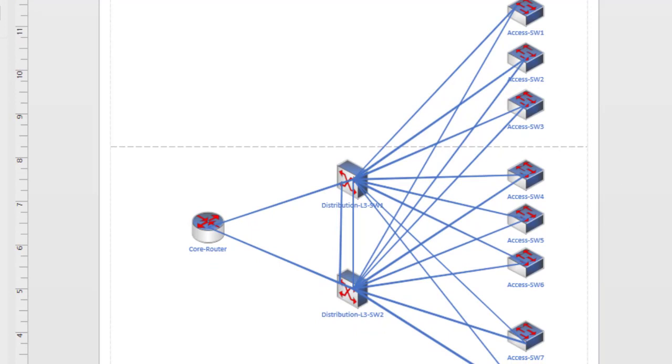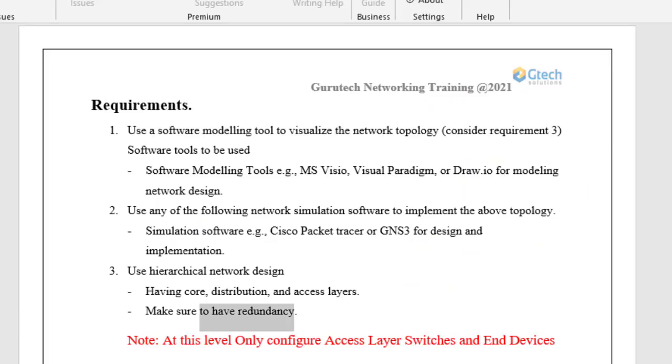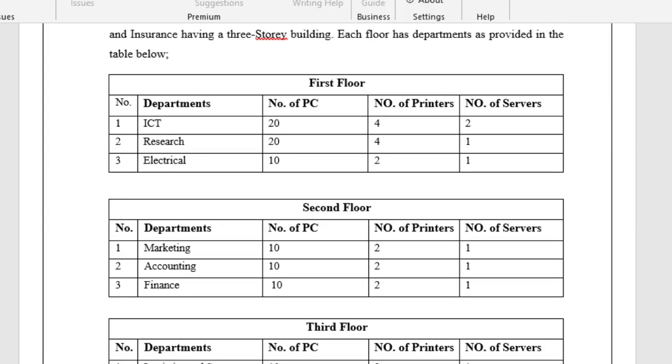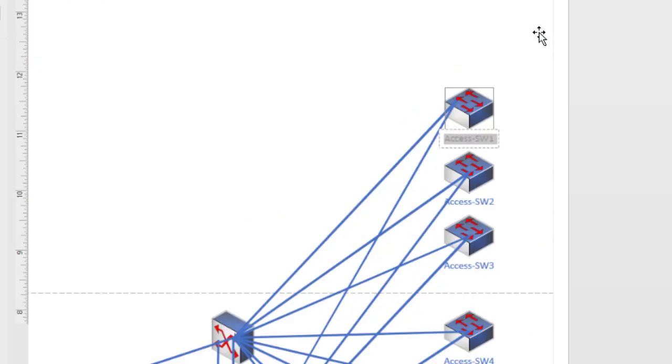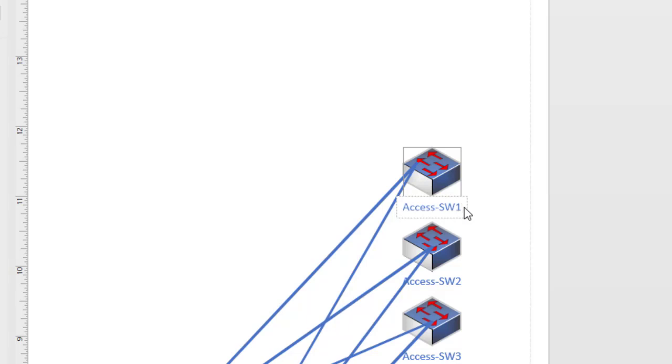Basically what we are going to do is connect the devices as explained under the case study, right? Okay, on this table here. So we are going to name the switches. We are going to name departments on every switch, and assign these end devices. So let's start with this one. This one is access switch 1. Which department? IT department. IT,